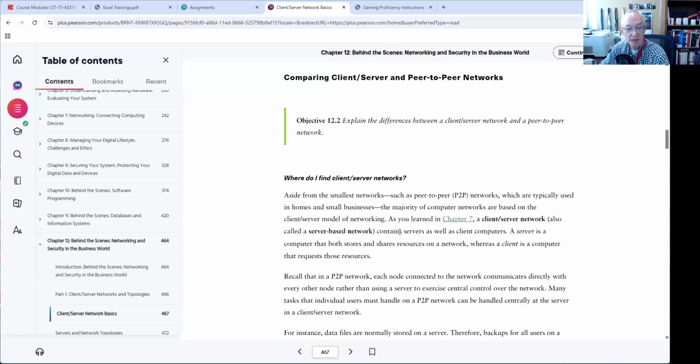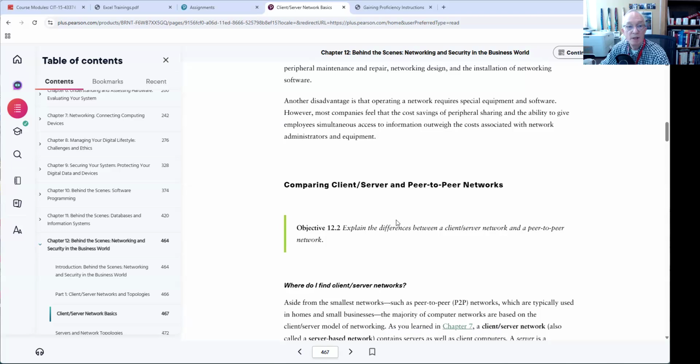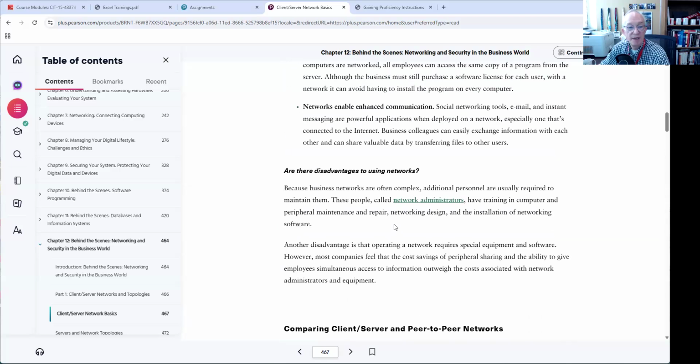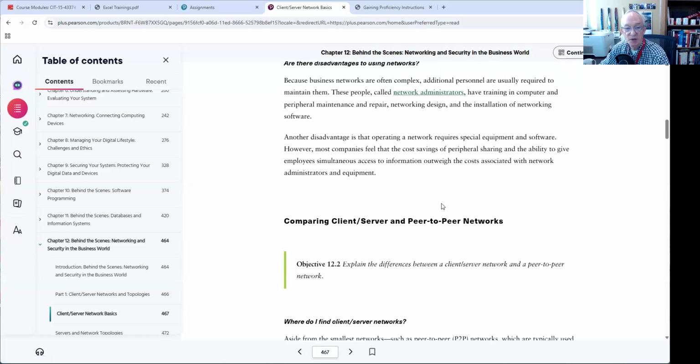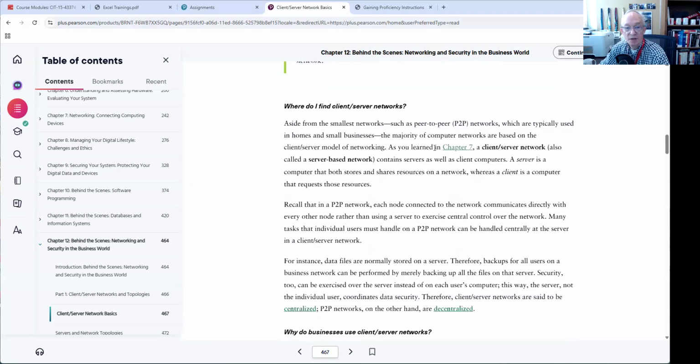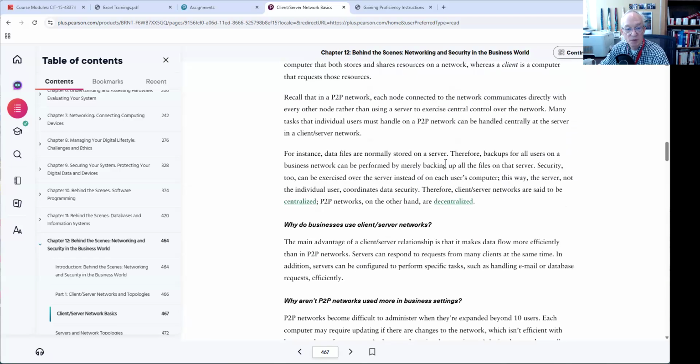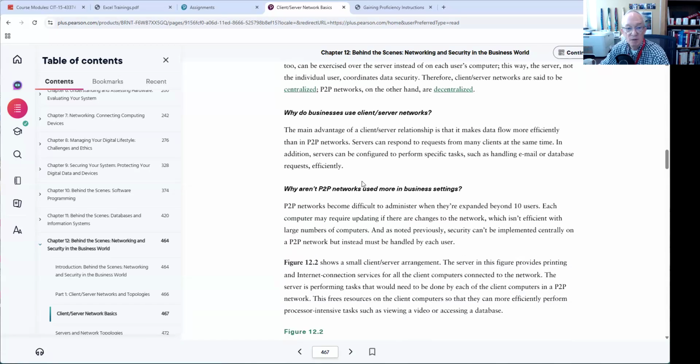Client server based, which is the most common for a business. And here we're getting into the disadvantages, the network administrator. So there's the cost. And a small business can't afford to have a big IT team to manage that. So usually they pay for services to maintain their network. And this goes with chapter 7, of course, where we start with networking. There's centralized and decentralized networks,